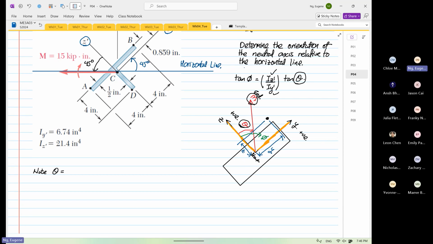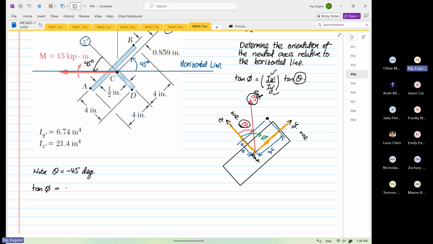Theta is equal to minus 45 degrees. Okay, right? Because it's going anti-clockwise, and theta is relative to the z-axis, right? Anti-clockwise is going to be negative. Okay, so from here we know that tangent phi